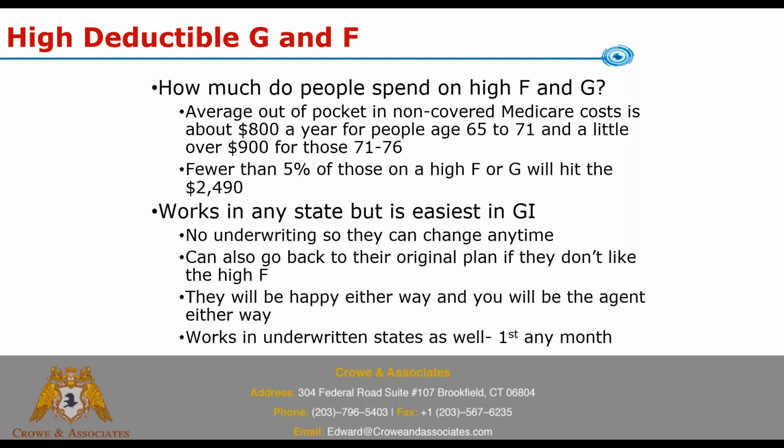So what's nice about that scenario is you kind of win both ways. They'll try the high deductible G. Odds are they will save a lot of money and be very happy with you. But worst case scenario, if they have a really bad year and max the plan out, or just don't like the concept of it, maybe it just doesn't work for whatever reason, you could always move them back to their Plan G. And then you'd be the agent on the new plan when you rewrite it. So either way, they'll be happy, you'll be happy.